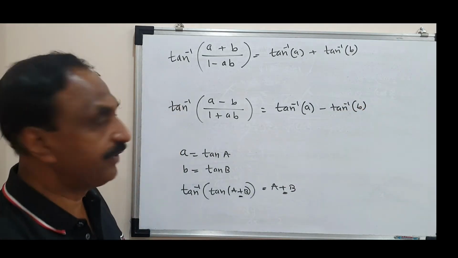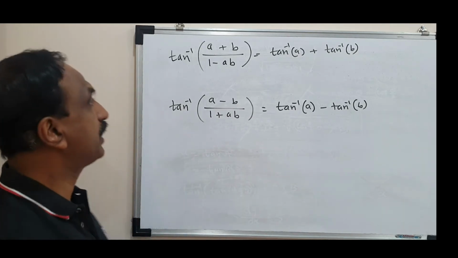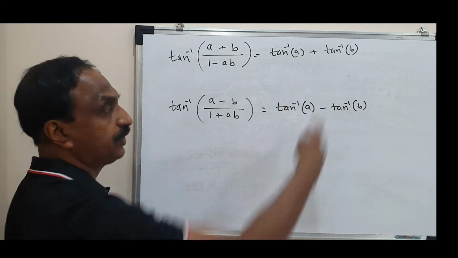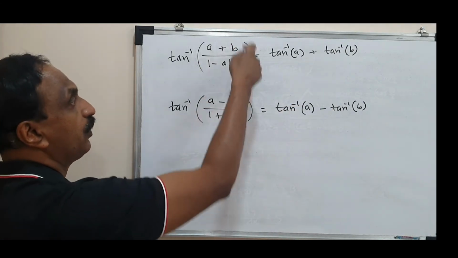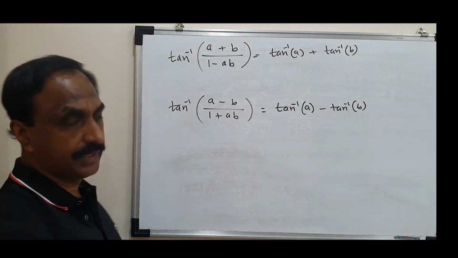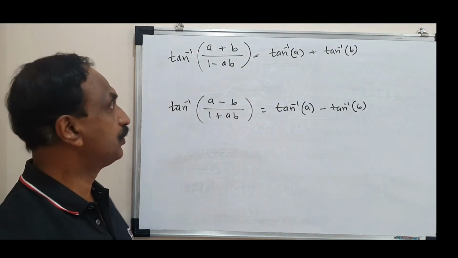Now, as far as the derivative is concerned, if you look at this formula, which will be easier to differentiate, this term or this term? Naturally, this will be easy to differentiate, because here you may have to apply the U by V method, and so on. So it will become complicated in applying this directly, whereas if you apply this, it will be easy to do.